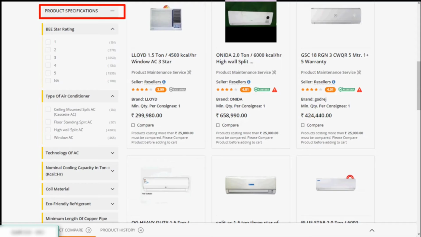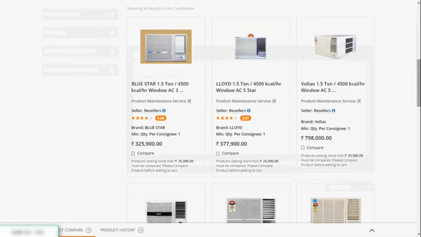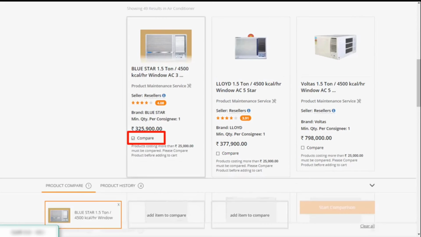There are two types of parameters listed under product specification filter, that is golden parameters and others. Lists with yellow color border on the left side are defined as golden parameters. Golden parameter refers to the general specification available for products which impact their pricing. If you choose a value for a golden parameter, only products with same value or above will appear on the search list. After applying all desired filters, we can see our filter marked as shown in the screen.